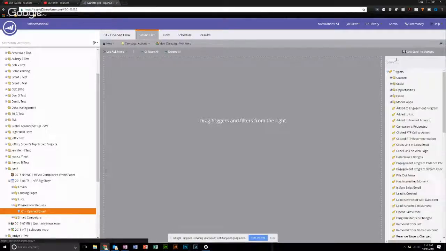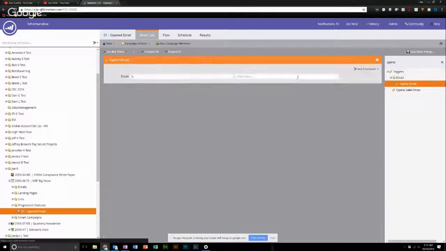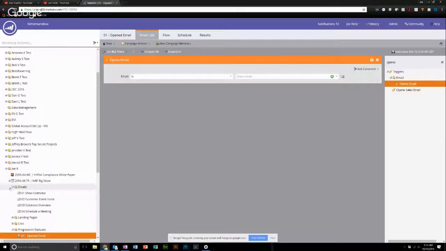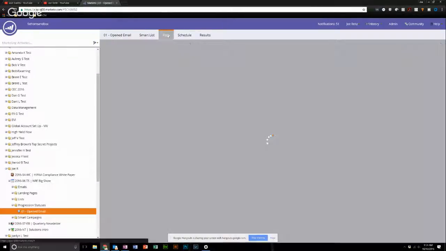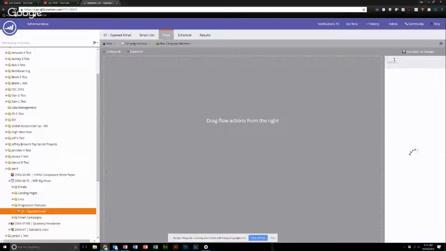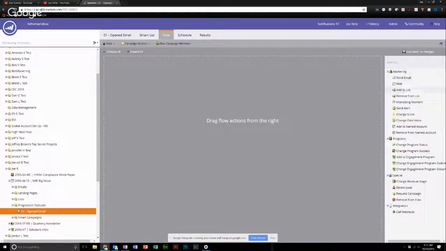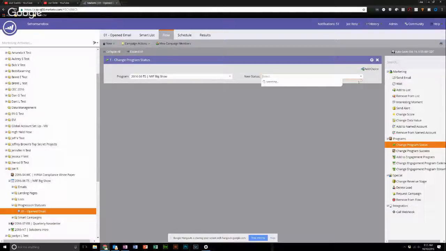So you set this up just like you normally would. So in this case, opens email is whatever email was in this program. I don't know if I have any approved. I don't. And then the flow, if you wanted to adjust the acquisition program, we'd have the typical stuff in there for like change program status to. Okay, so these don't really map to the example I'm saying, but let's say it was clicked or whatever,